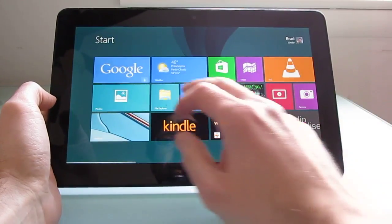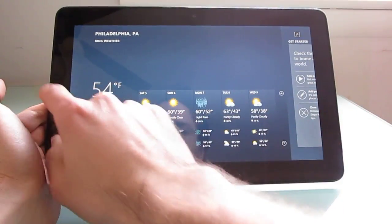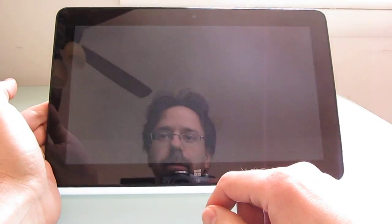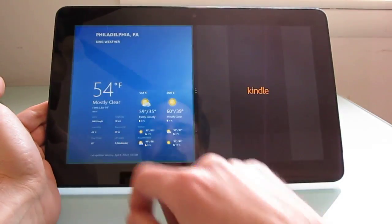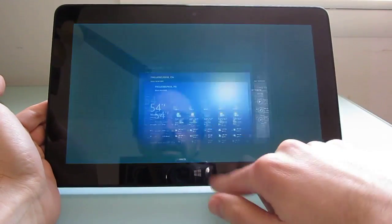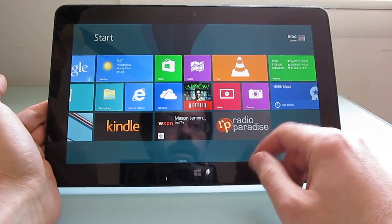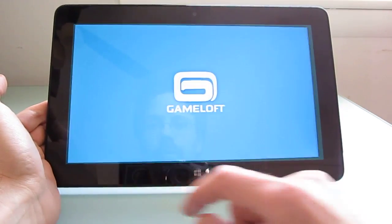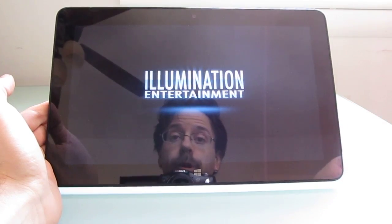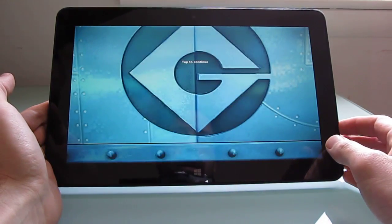I don't have any problems running full-screen applications like the weather app here. Let's pull up something else, the Kindle app, and you'll see here that we can do side-by-side applications just fine. Netflix works great. Let's go ahead and grab a game real quick here. So despite the Pro in the name, this is definitely a device that you can use for casual things, tablet-friendly